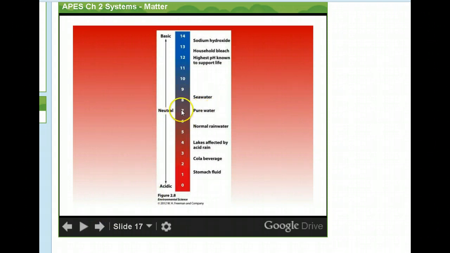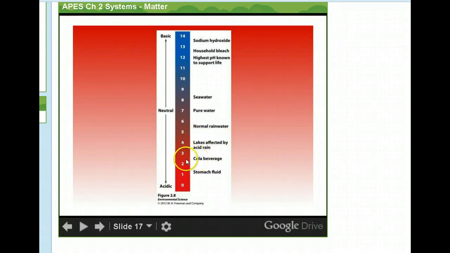Like I said, pure water that has nothing in it is going to be pH 7. Seawater is a little on the basic side, which is fine. It's got salt in it, so that makes it a little bit basic. Rainwater is a little bit acidic because when it falls down through the sky, it picks up carbon dioxide, which makes carbonic acid inside the water. It also picks up nitrogen oxides from pollution. Any combustion of nitrogen makes NOx's, which make nitric acid. So the water picks up those things as it comes through the air and becomes a little bit acidic. When it's getting a lot of pollution, it's going to be way down in this range.